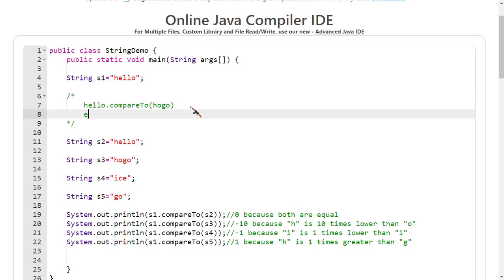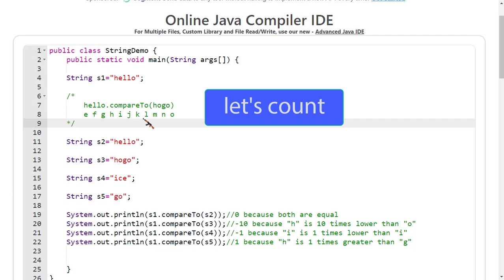So it starts counting between E and O. How many characters are between E and O? E, G, H, I, J, K, L, M, N, O. So let's count: 1, 2, 3, 4, 5, 6, 7, 8, 9, 10.